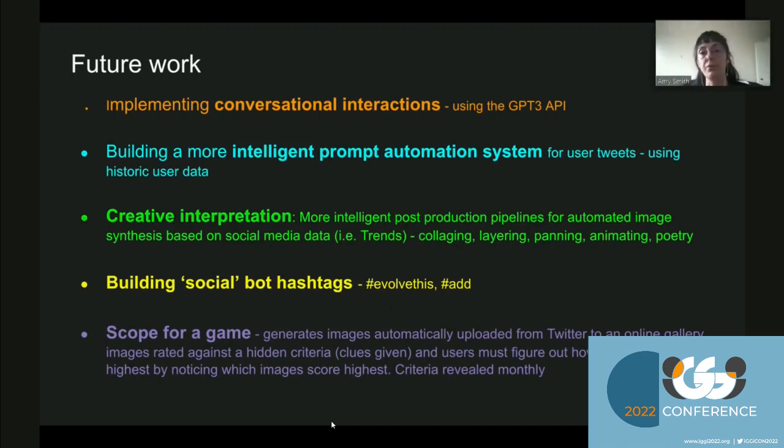And there's also scope for a game here, which I've been thinking about, where all the generated images can be uploaded automatically to an online gallery, and people can generate images based on the fact that they're trying to figure out what the criteria is for those images. And the actual criteria could be released once a month. So it's like the bot will give clues, and